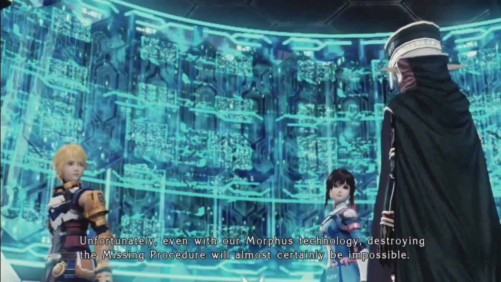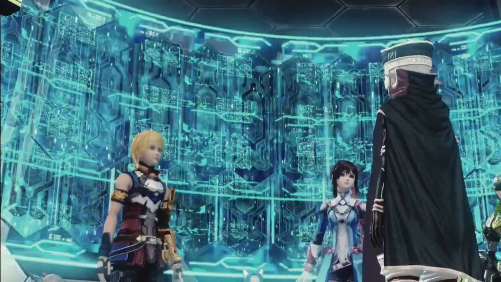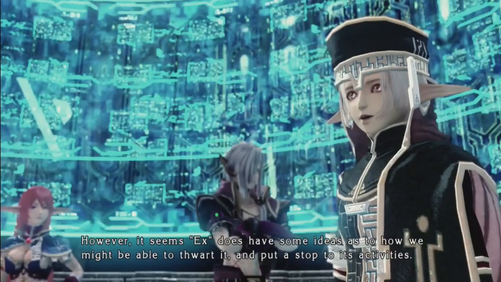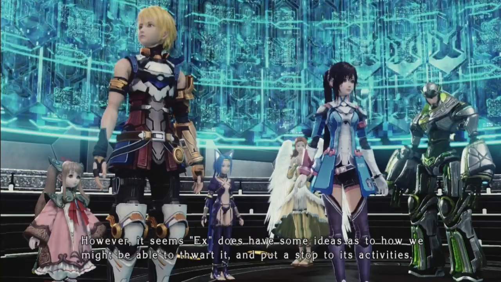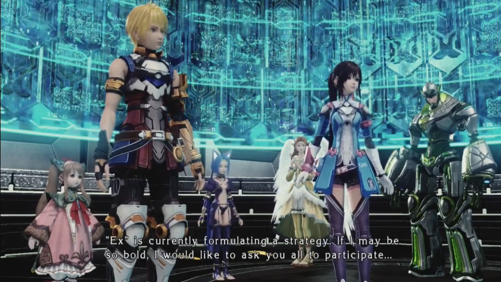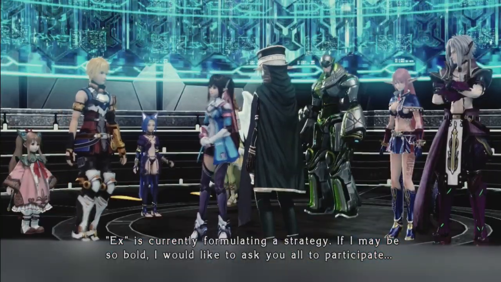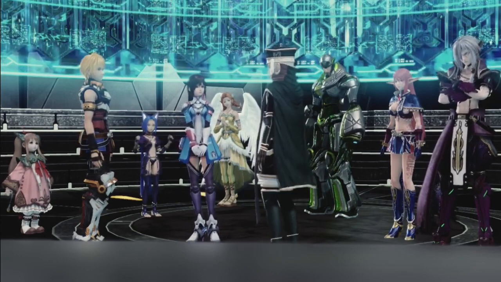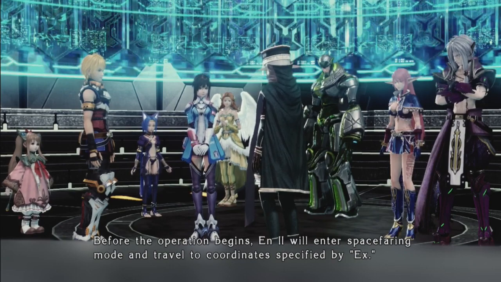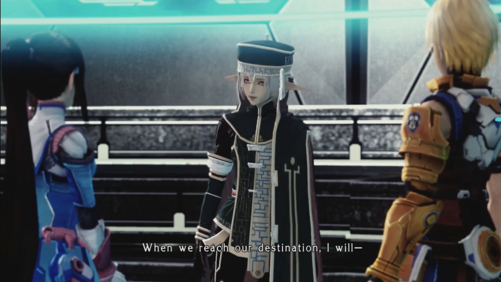Unfortunately, even with our Morphous technology, destroying the missing procedure will almost certainly be impossible. However, it seems X does have some ideas as to how we might be able to thwart it, and put a stop to its activities. X is currently formulating a strategy. If I may be so bold, I would like to ask you all to participate. Of course we will! I had hoped you would respond in the affirmative. Before the operation begins, EN2 will enter spacefaring mode and travel to coordinates specified by X. When we reach our destination, I will...